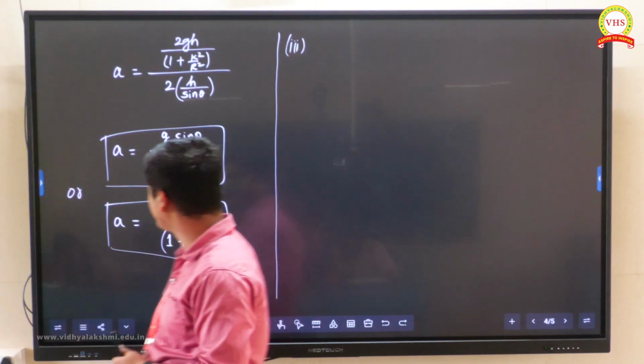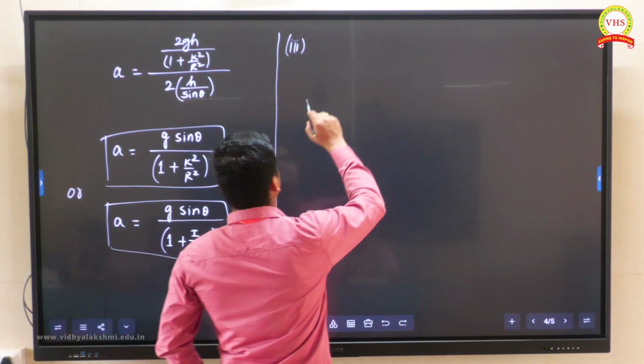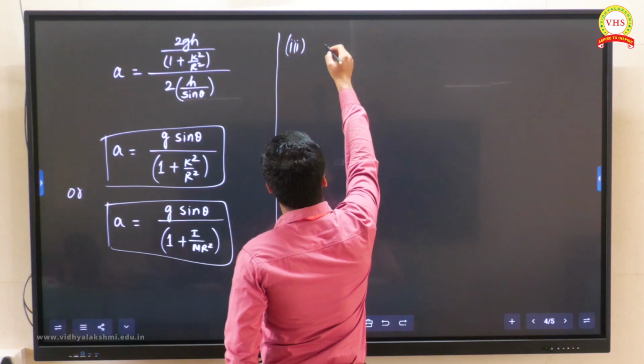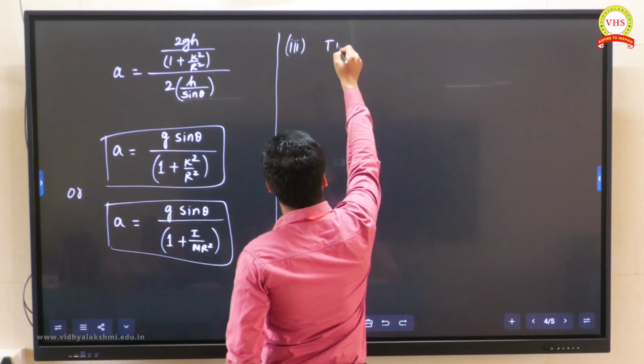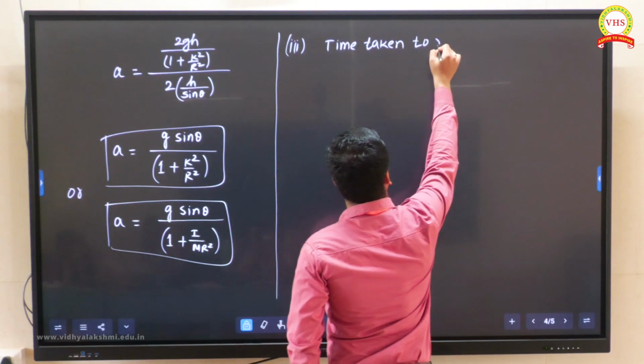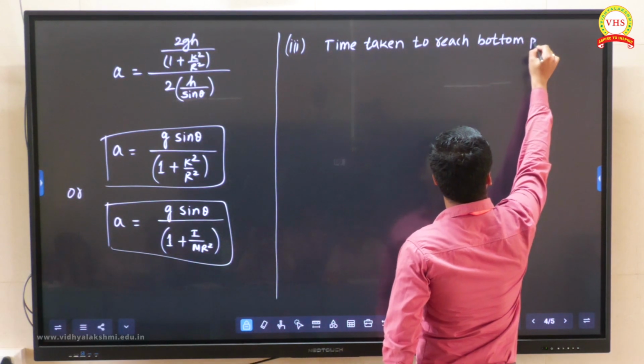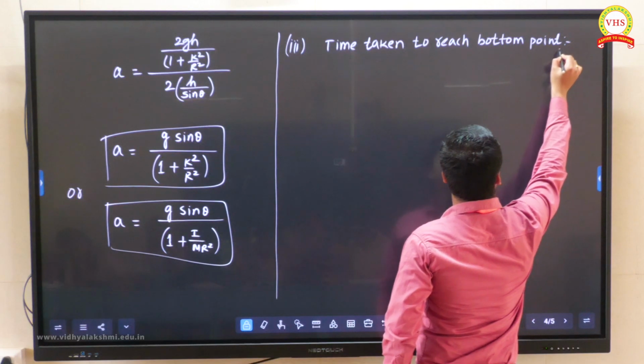Okay. So first note down this acceleration. Acceleration is g sine theta by 1 plus I by m r square, right? Here no root and all is there, right? Yes or no? So now next you have to find the time. Time with any formula you can get. So let's find it with v equal to u plus at. Okay. So now see here. So what I'll do here, let me write: time taken to reach bottom point.